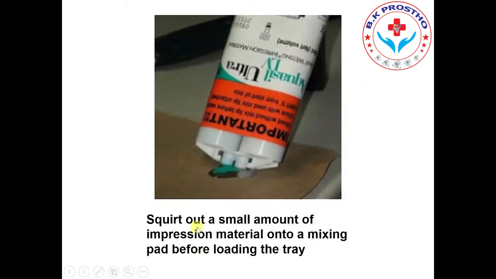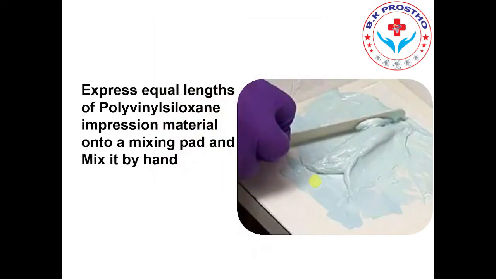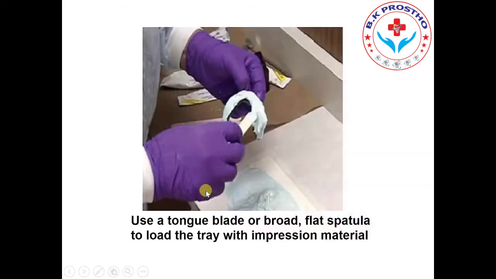So first we have to squeeze a small amount of the impression material on the mixing pad before loading the tray. Then we spread equal lengths of polyvinyl siloxane on the mixing pad and start mixing manually with the help of the spatula. We have to follow the manufacturer instructions for mixing until we get a homogeneous mix of the material. Then we load the impression tray with the help of the spatula. Make sure this impression material is evenly loaded in the tray